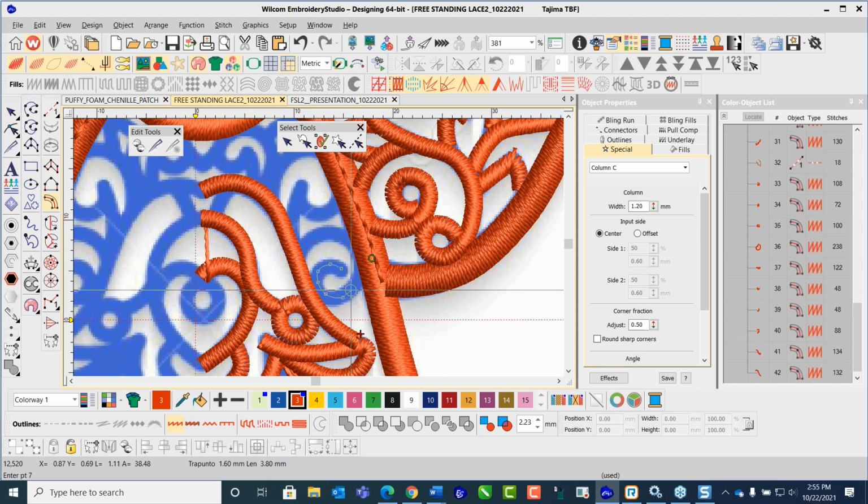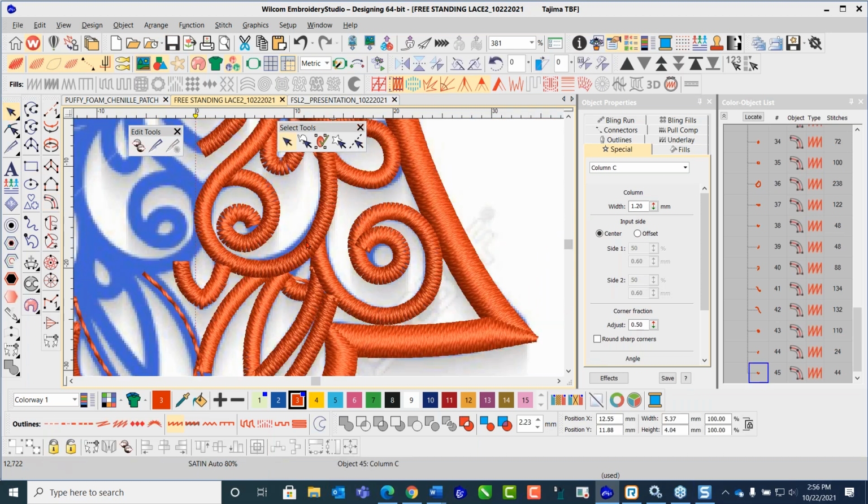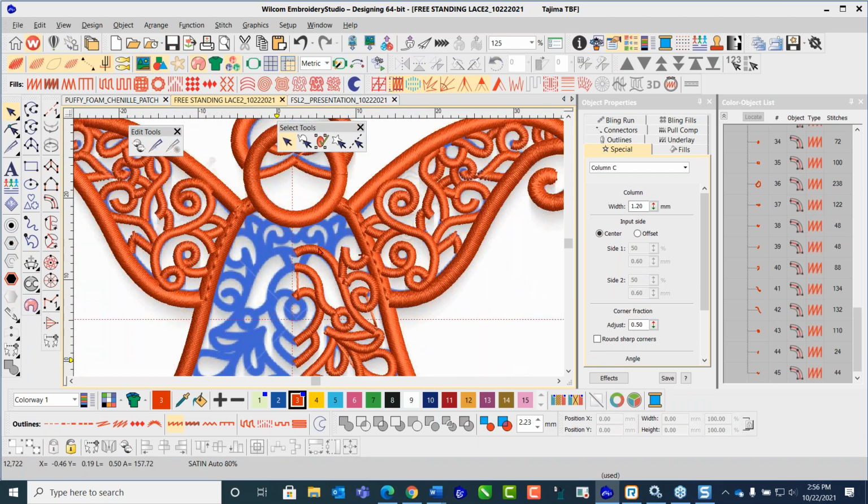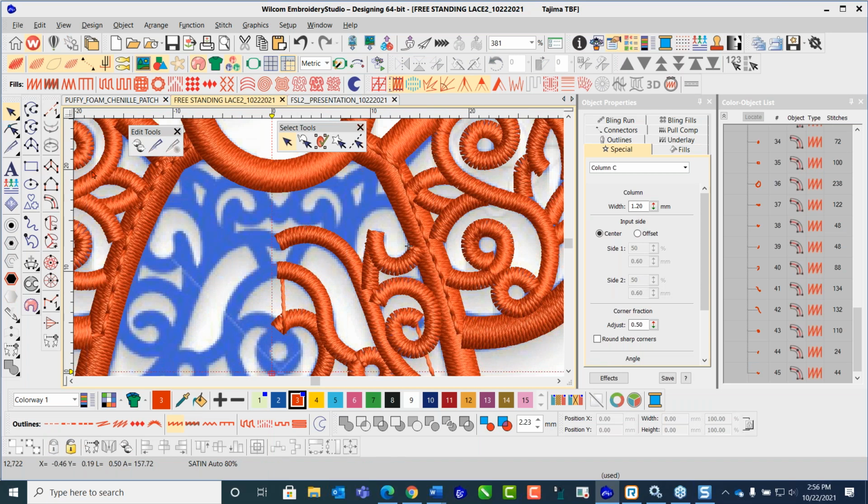Again, I'll make these shorter here so that I can go in, and when it stitches it, it's not going so far underneath that object also. And for this, notice how these sections here, they're being separated. It's easier on your machine to have objects that are separated like this versus having your machine do lots of sharp turns and things like that, actually, because those can cause more issues as far as the maintenance on the